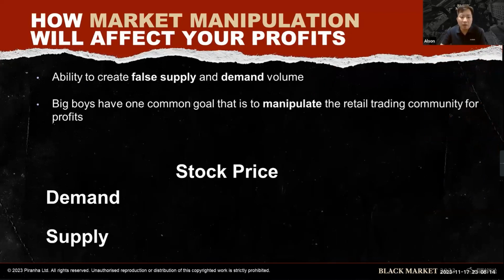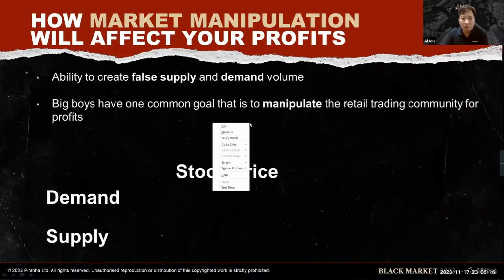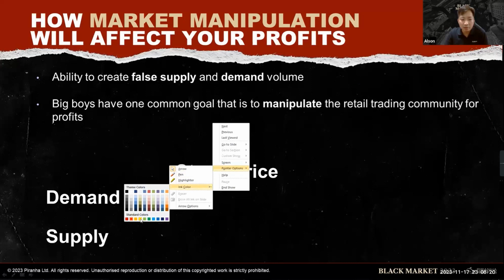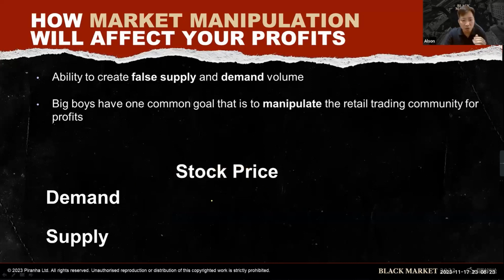And there's one thing that a lot of people think about the market. A lot of people think that if there's a lot of people buying a particular stock, prices will go up. If there's a lot of people selling a particular stock, there's a lot of supply, people sell, right, stock price will go down. This is what most people will think about the stock market. But if you know this, guys, let me share with you this secret of market manipulation. It's called demand supply manipulation in the stock market. If you know this, you're better than 90% of the traders out there.